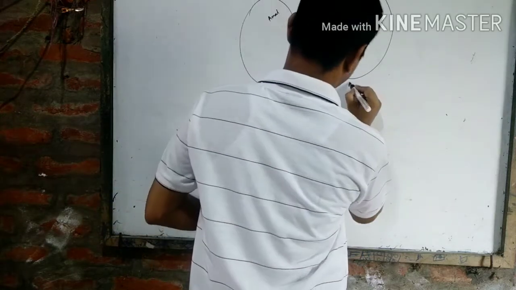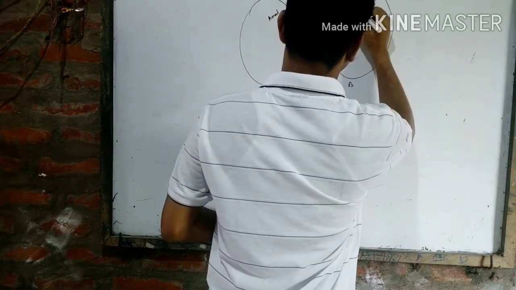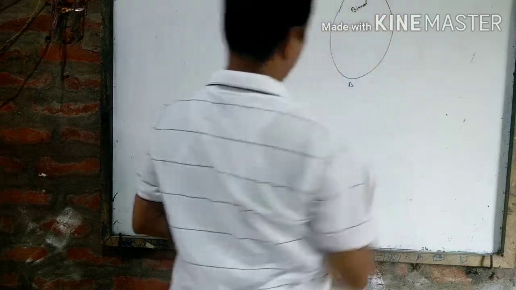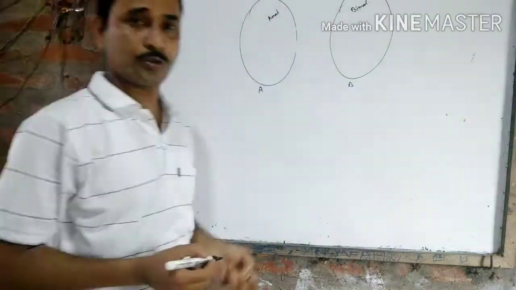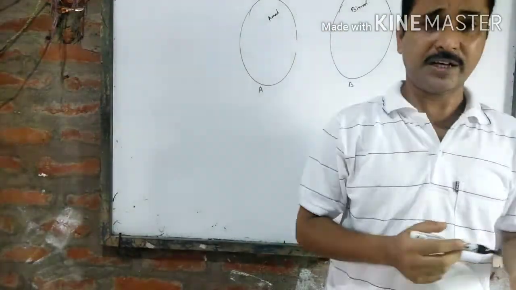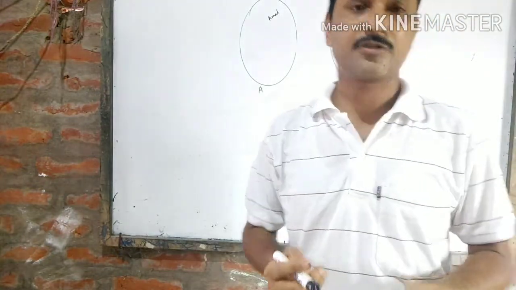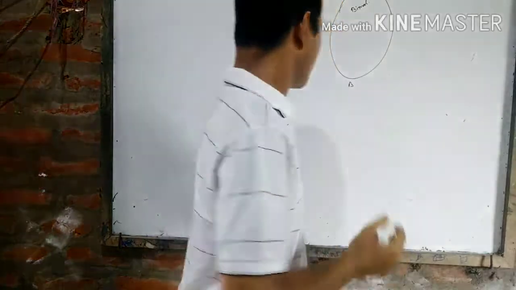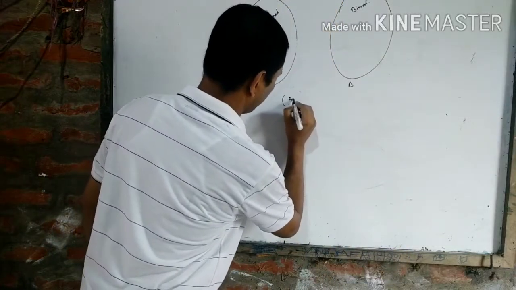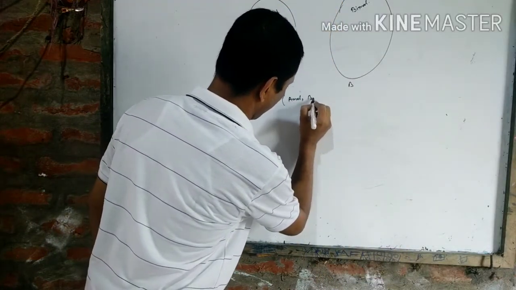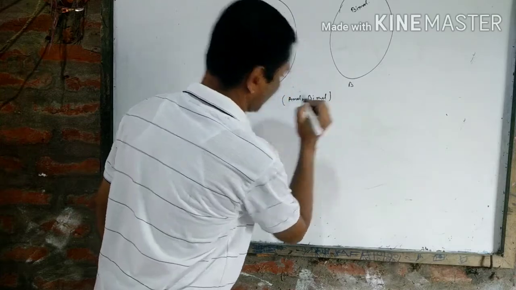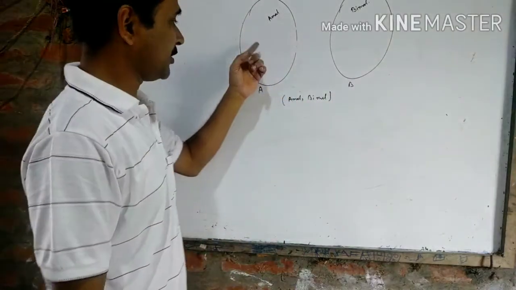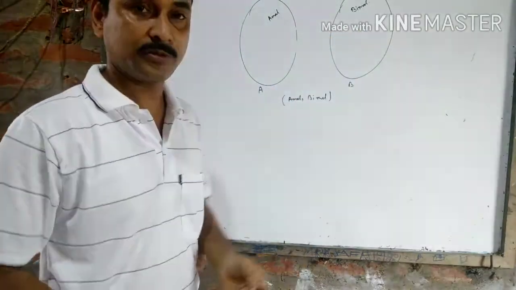And Bimal comes from this family, the B family. When both of them go to school for the first time, they became friends. So there develops a relation between them, the relation of friendship. So Amol and Bimol became friends. Okay, Amol belongs to this set, Bimol belongs to this set.